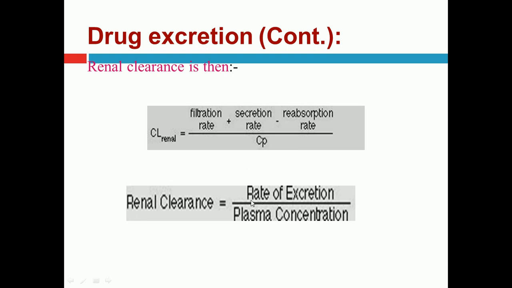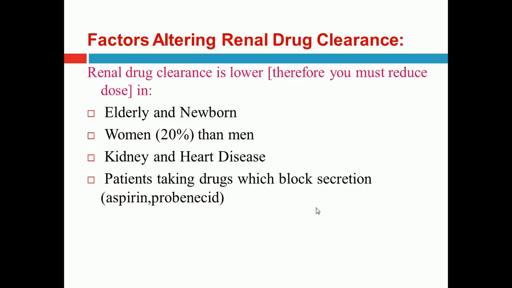For example, if the rate of excretion is high, it will take less time for the plasma concentration to fall. If the rate of excretion is low, then it will take a delayed time for the plasma concentration to fall considerably. So, factors altering drug excretion: renal excretion, elderly and newborn,